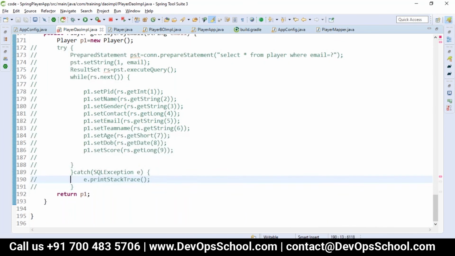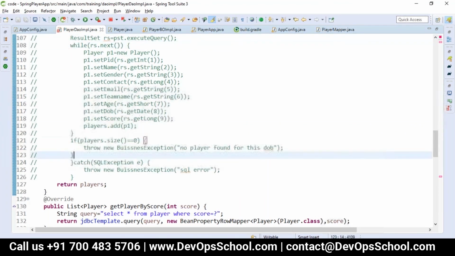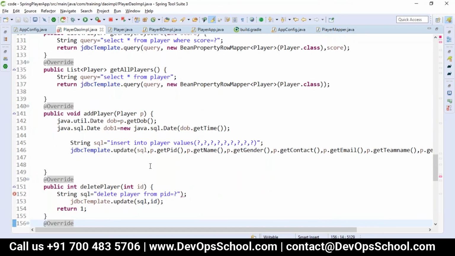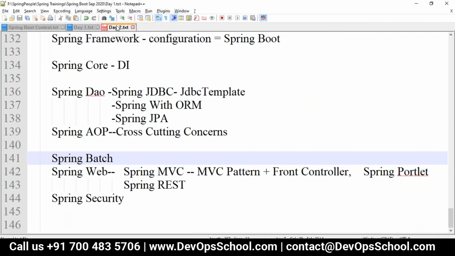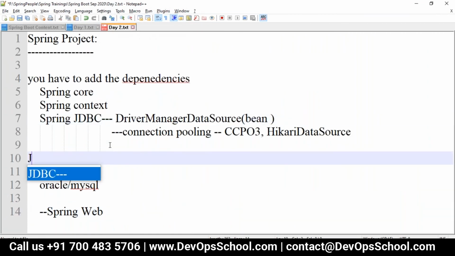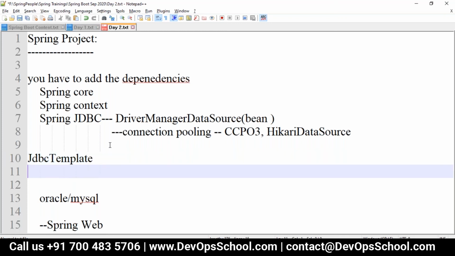Okay, so this is how we will be working with the JDBC template. As your question asked, if you mess up the question mark numbering, what to do? Instead of a question mark, you can go with the other option, which is named parameters. To work with Spring JDBC, we have first the JDBC template, which works with question marks. If you mess up with the question marks or want to use proper names, we have the named JDBC template.